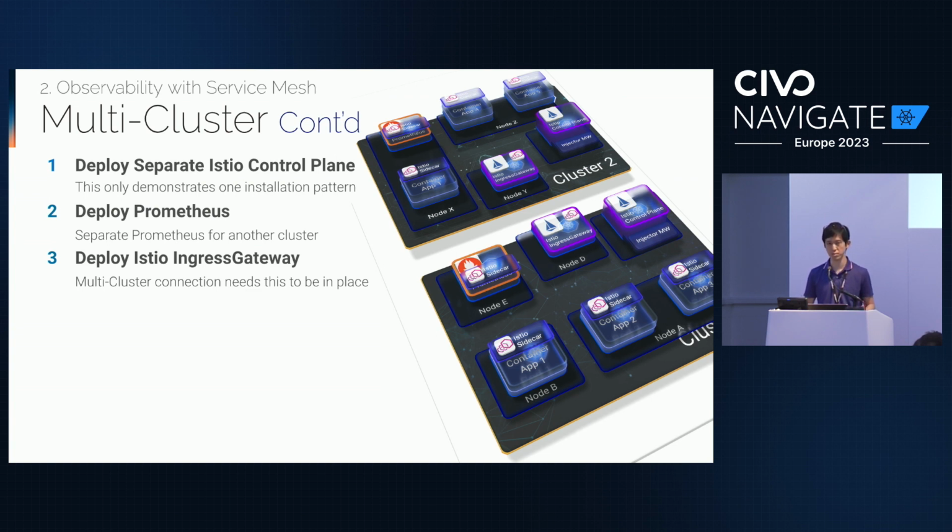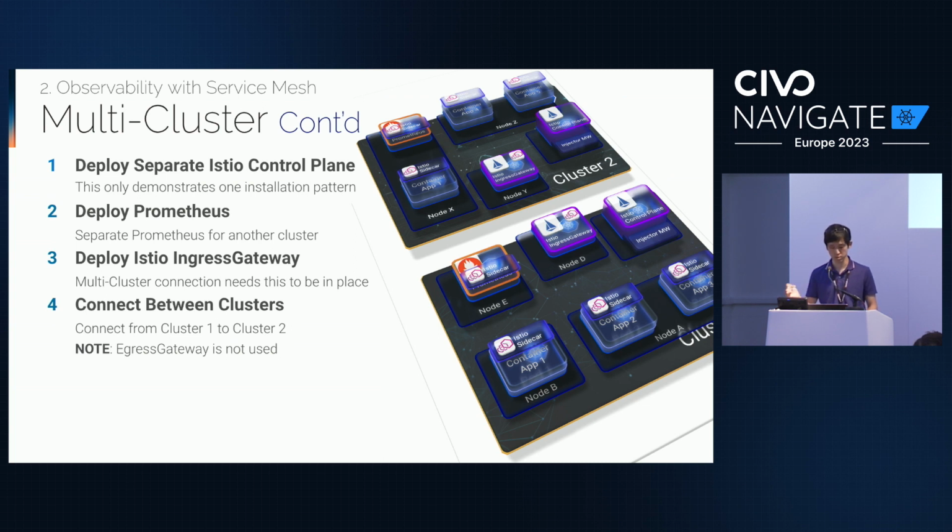You can have different applications, but you can also have exactly the same application, so that you have two clusters to host the exact workload that you could potentially have from one cluster. But let's see how that connection works. If you were to connect from cluster 1 at the bottom to cluster 2, any applications that we run in cluster 2, we can connect to using the Istio ingress gateway. So any traffic from application 1 at the bottom, for instance, would go into the Istio ingress gateway at the top, and then further up into any applications that you need to connect to. That connection is how the multi-cluster works.